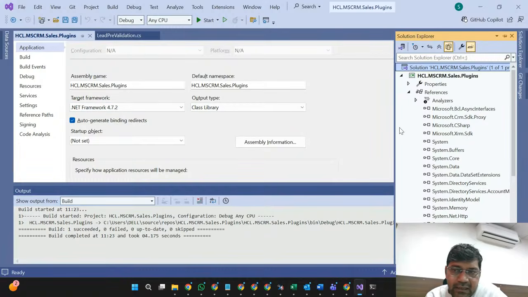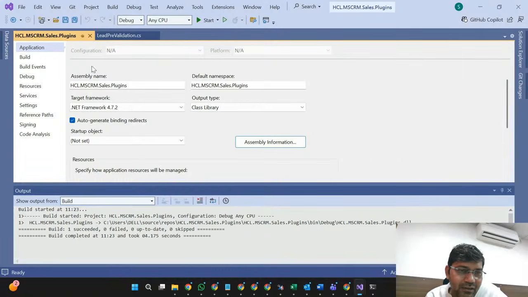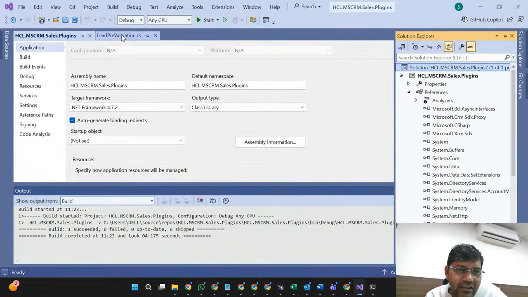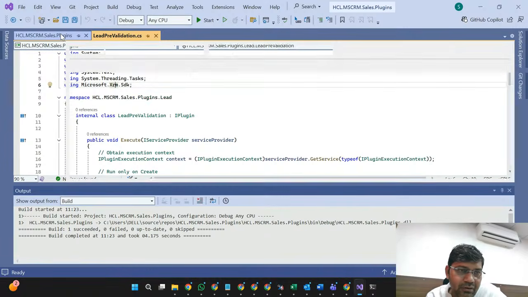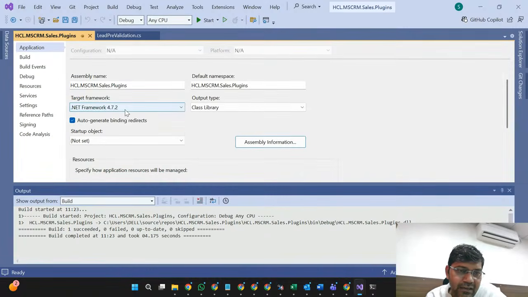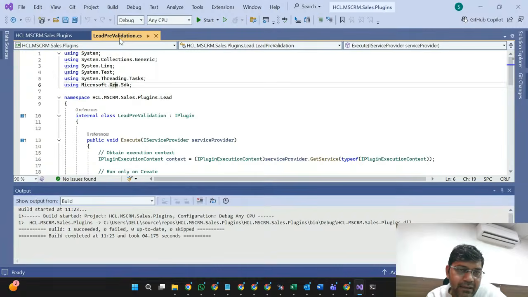Sometimes in the initial days I kept getting issues like, this particular XRM namespace is not supported here. Then I got to know I had to change the target framework so that I could work here.